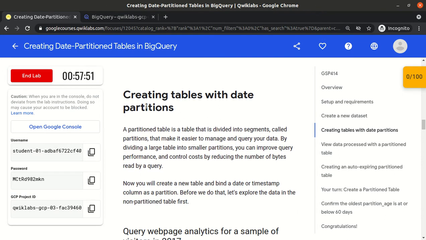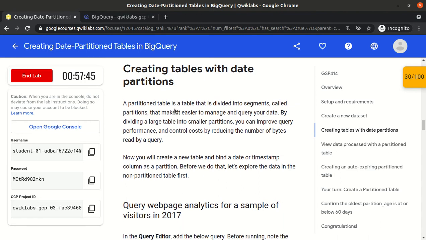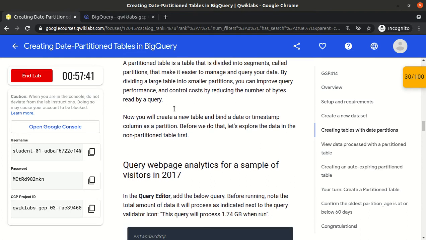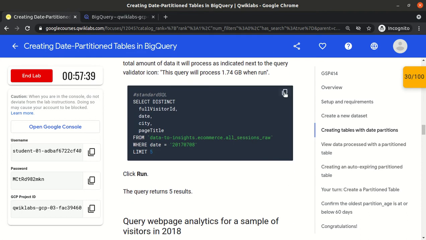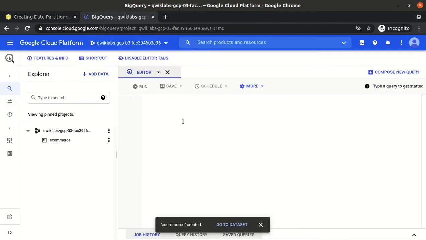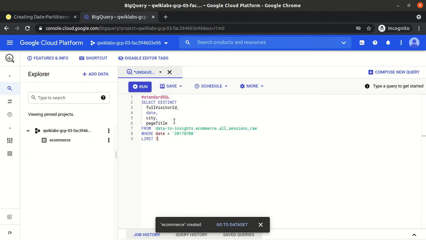Now we need to create the tables with the date partition, but before that we will see why there is a need to create partition tables. We are using a public dataset, and we have this query. We are just selecting a few fields from one public dataset, and we mention that the date is 2017.